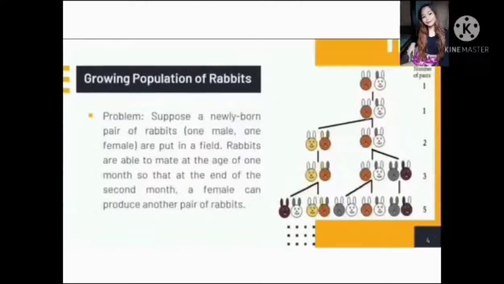So, consider this as one male and one female rabbit. Nagmamature sila in 1 month. After that, they can produce another pair of rabbits. So, ganun ang scenario. After the end of the month, lagi silang nagpo-produce ng another pair of rabbits. Nag-start sila, so after a month, nakapag-produce sila ng isang pares ng rabbit. So, after ng isang buwan na naman, another pair of rabbits. So, ganun yung patterns, kaya meron tayong number of pairs